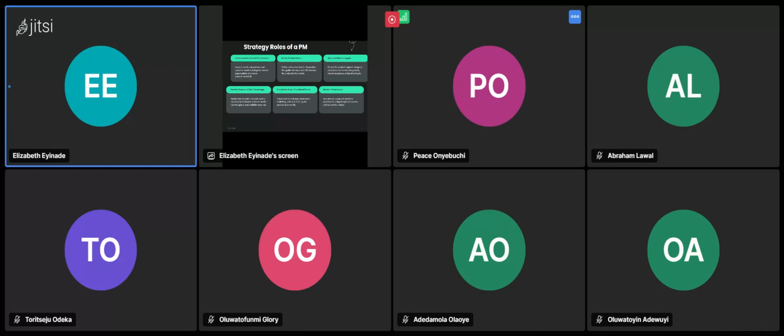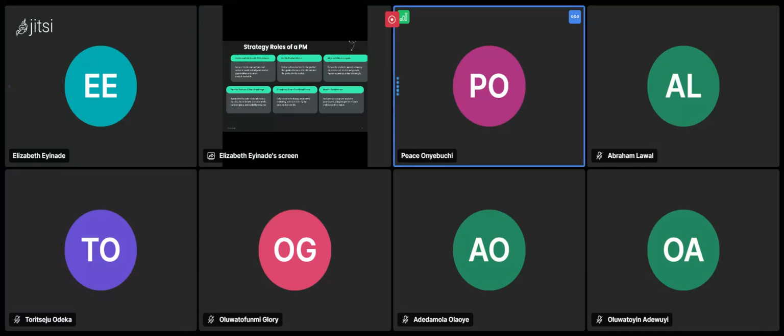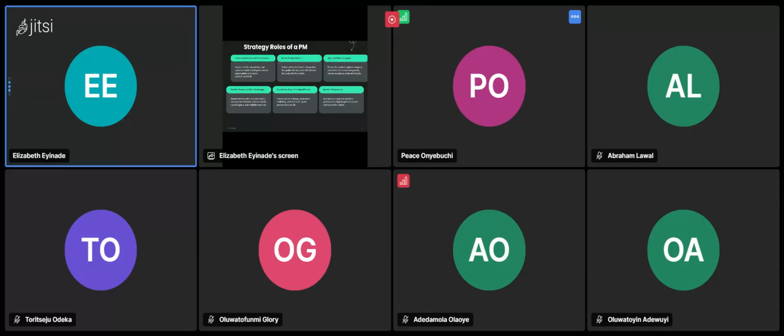Is that right? Yes, ma. That's also a wholesome feature, because if you hide your status from 10 people and you want to hide another status from only one person, you have to go and change the entire setting. So that makes sense.